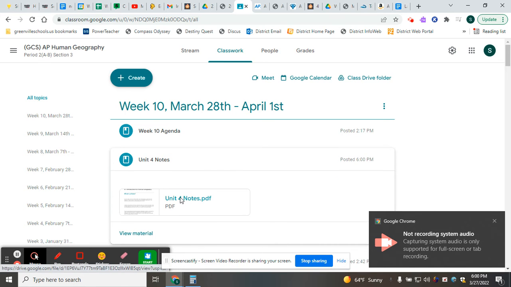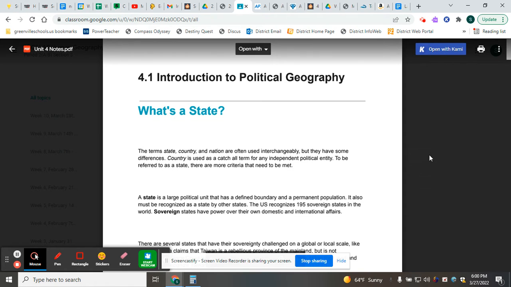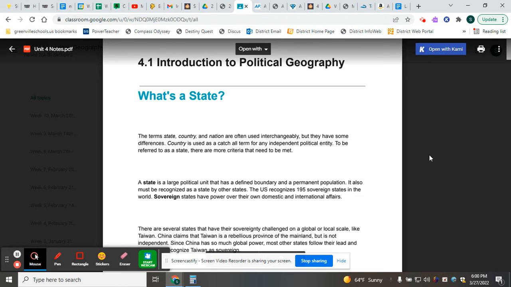All right, so let's take a look at Unit Four's notes here. Unit 4 is essentially looking at what's called political geography. It's going to start you off with looking at what's called a state. And the biggest thing that's going to trip you guys up is that here in the United States, we think of a state like South Carolina. Well, in the context of human geography, more specifically political geography, we're using the word state interchangeably with country and